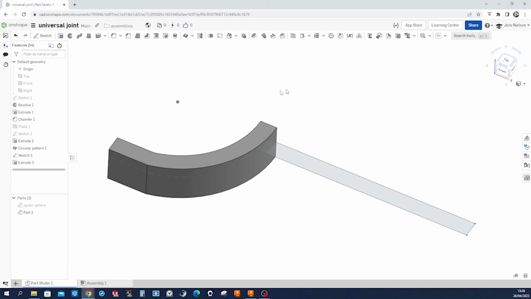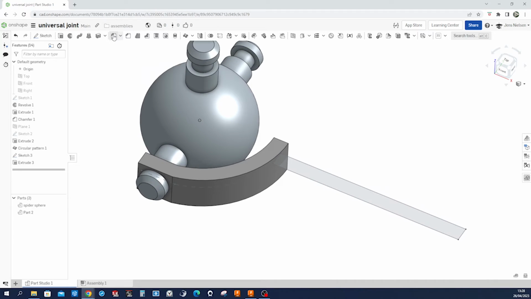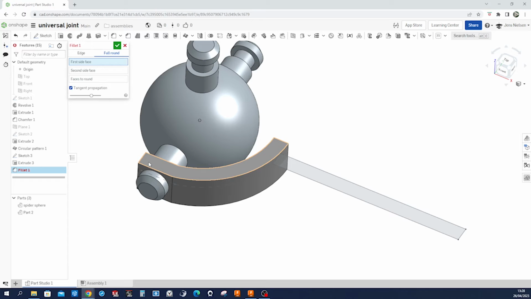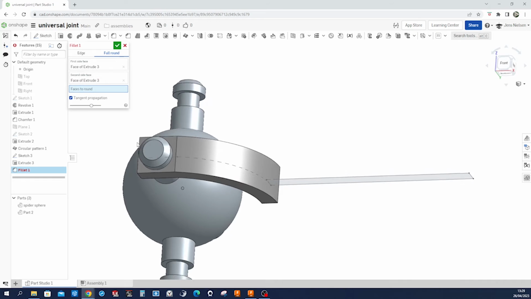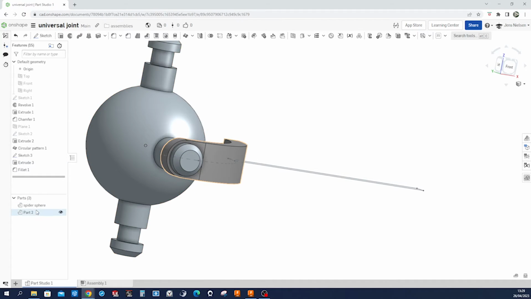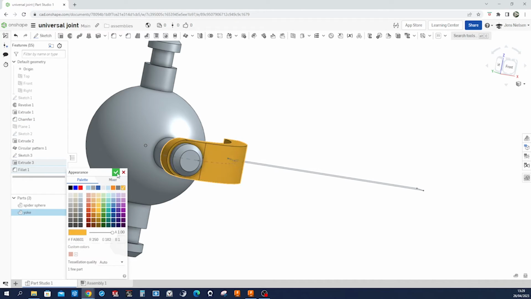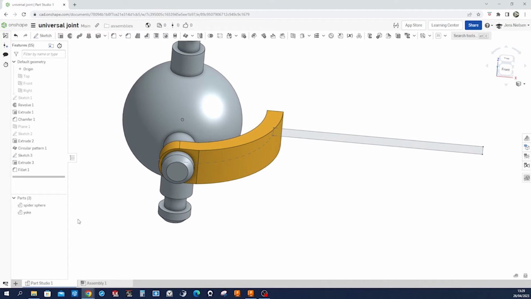Keep the sketch visible. Look at the sphere. Then give that a full round. Here, take that face, that one, and that one. Rename that yoke and make it yellow. Okay, and sure, that part